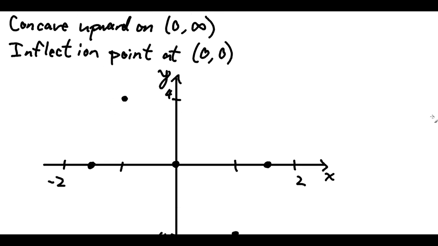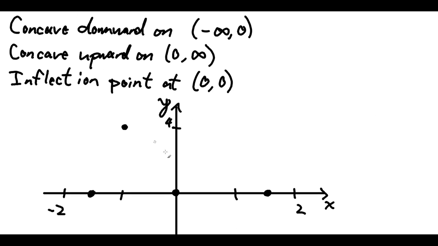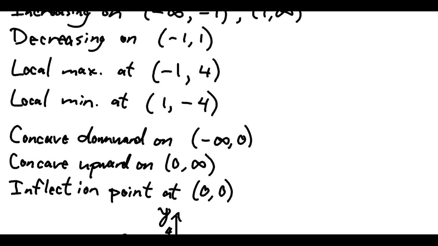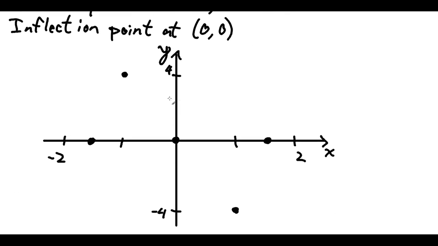We have concave downward on the left half, meaning it opens downward there. Concave upward on the right half. And we had decreasing from negative 1 to 1 and increasing elsewhere. And we see how that's pretty consistent here, right? If we think of this as a local maximum, where it's concave down, and this is a local minimum, where it's concave up, the natural way to connect these is with something sort of like, this is wobblier than it